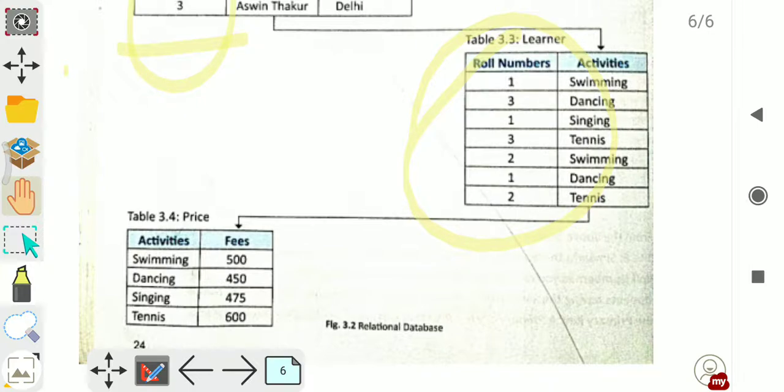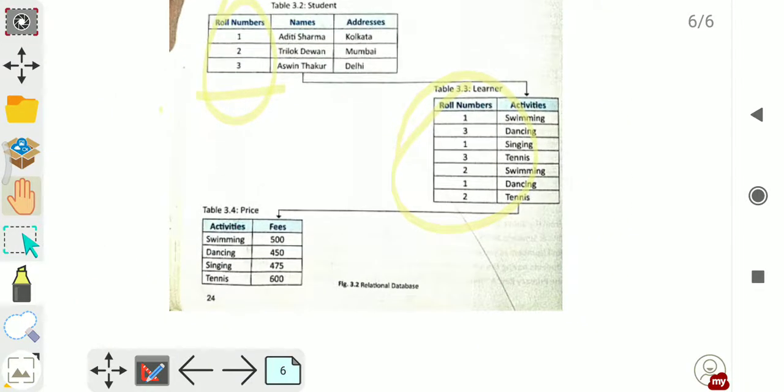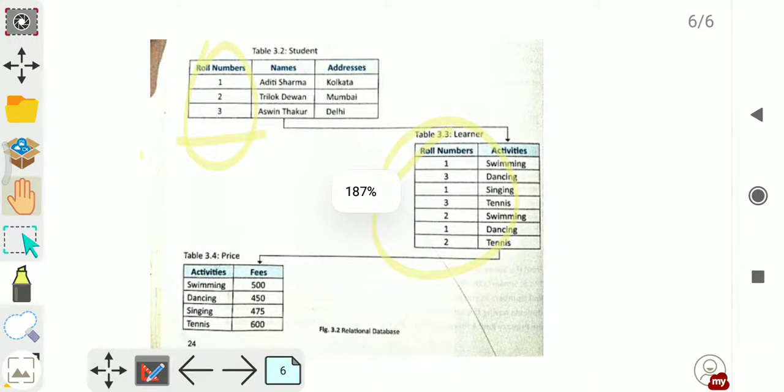Clear? So we can see here that all the tables are connected by some keys, some common field, and the database, which is made up of tables connected by a common field, forms the relational database. I think you have understood what a relational database is and how these are constructed.